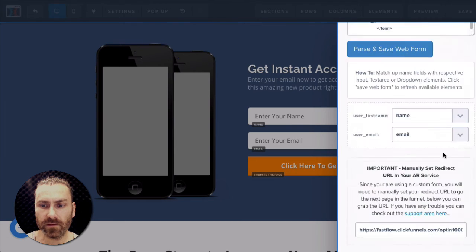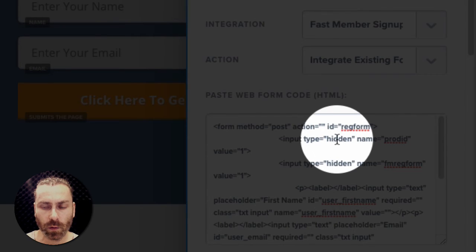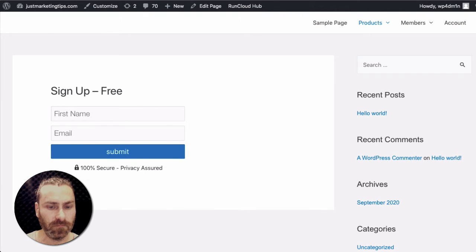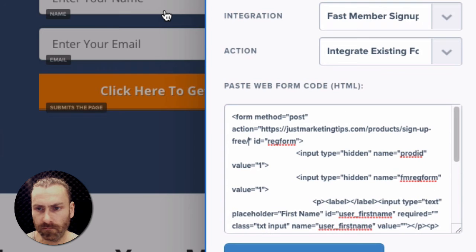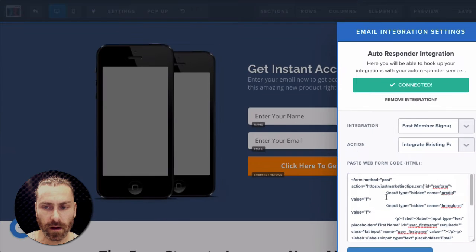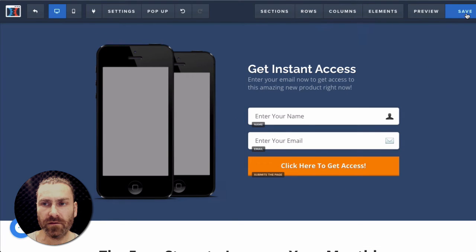And then there's something else that we want to actually add in this form as well. So where it says action here, and there's two quotes, you want to actually put the address of your website. So I'm going to copy the address of this site. And we only need the beginning of the site. We don't need the actual landing page where the form is. So we've got justmarketingtips.com, and that is the action. So that's basically where the form is going to get posted to. And it should actually add the member once that's done. Okay, if we save this now,